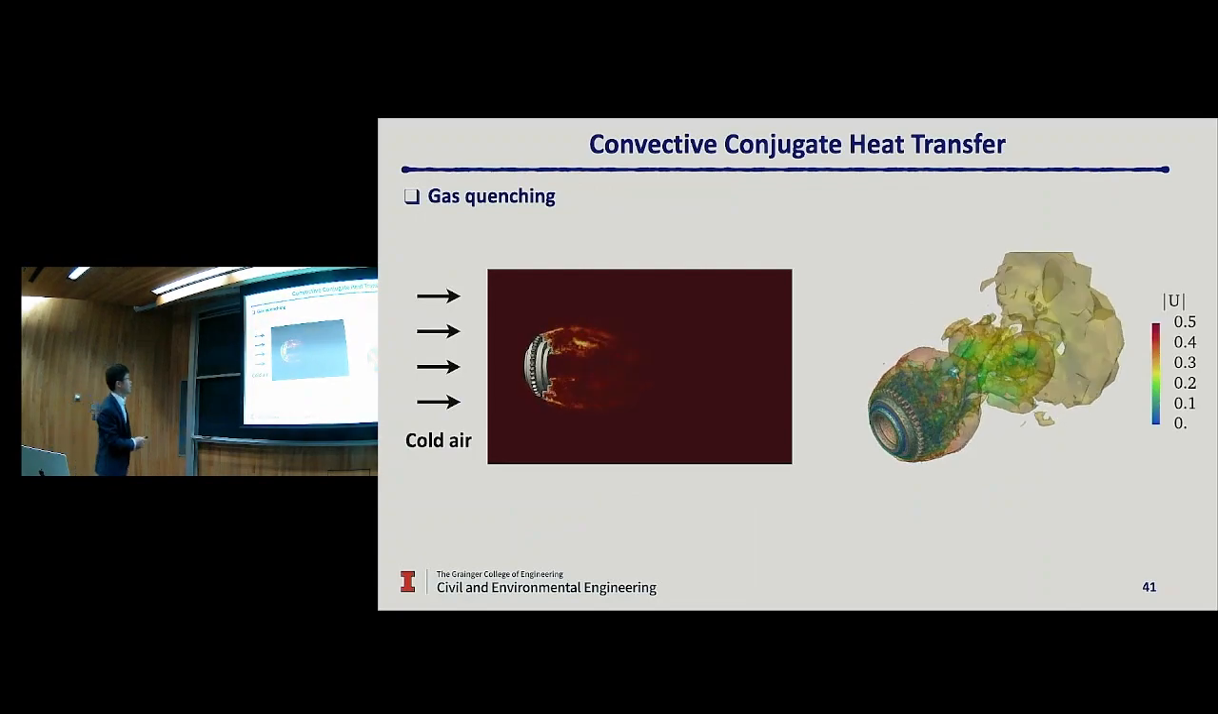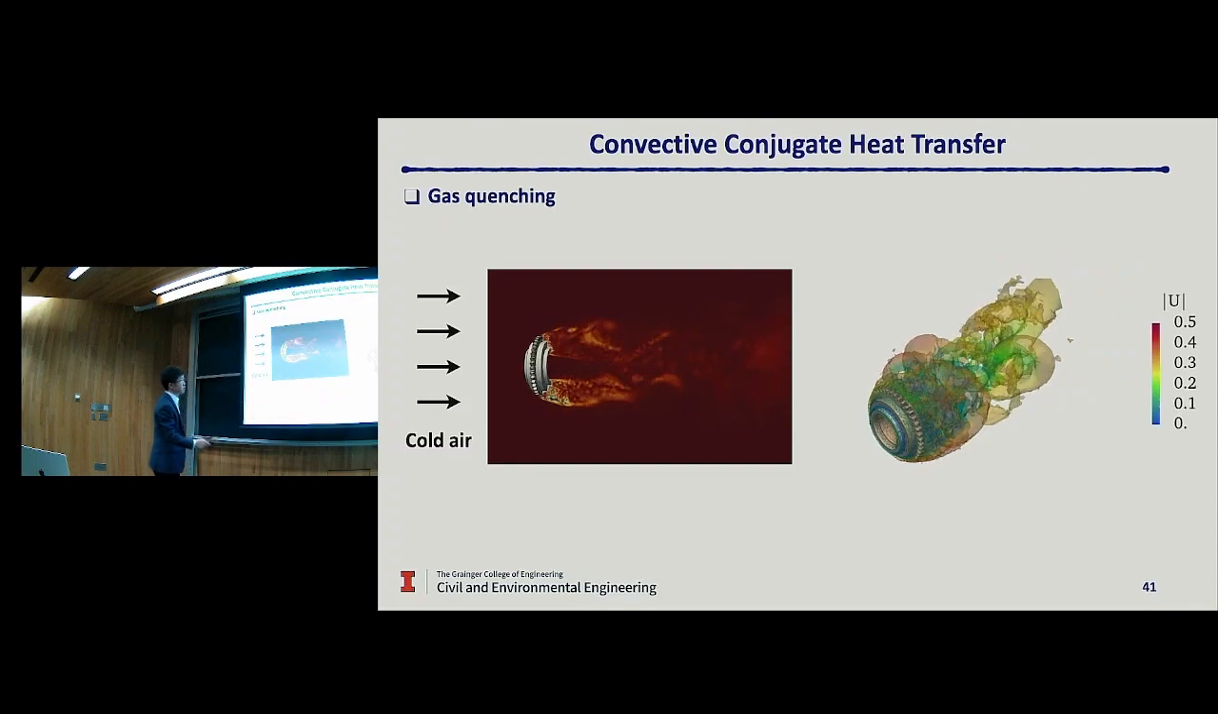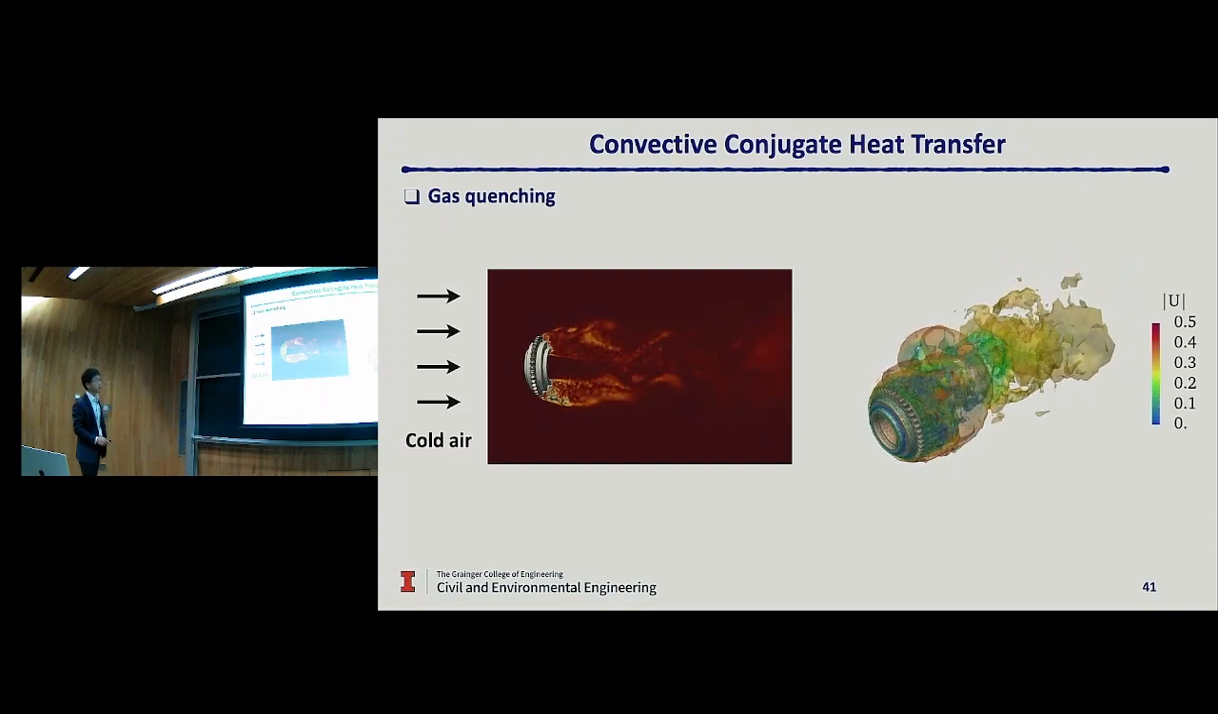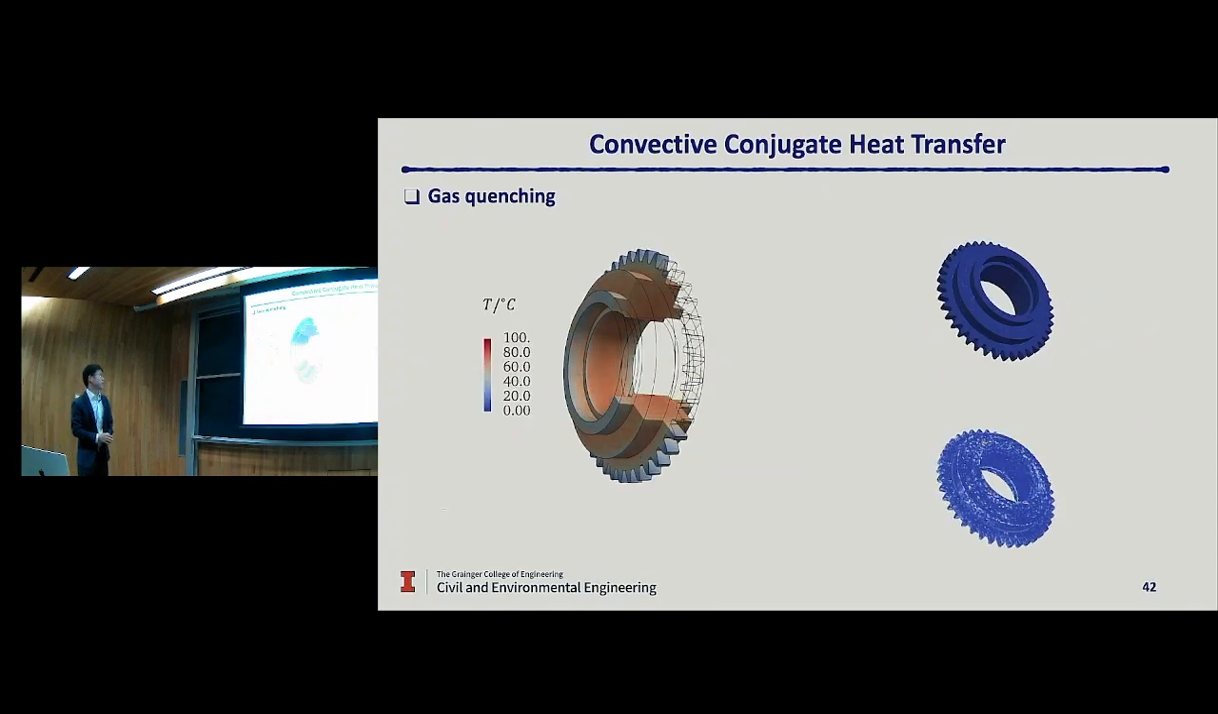On the left is the temperature evolution in the wake, and this is just some flow visualization of the vorticity, induced by the rotation of the gear. And then for the temperature field, here's the result. So this video shows you the cooling process of the gear, and those two images show you the relative error